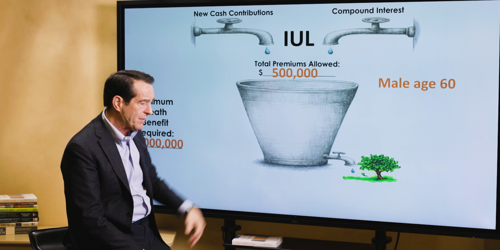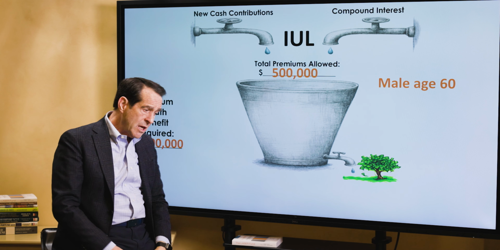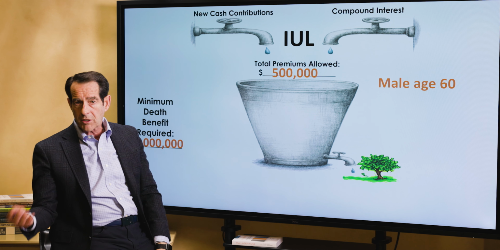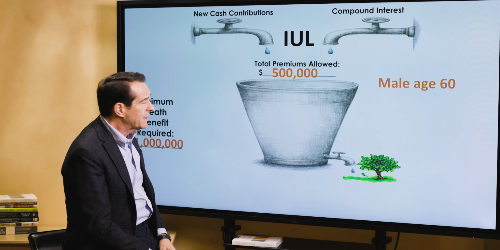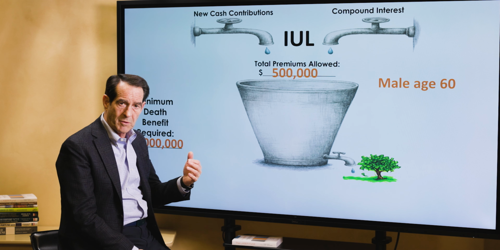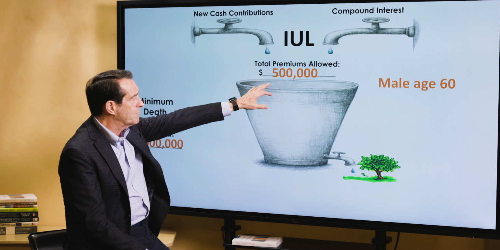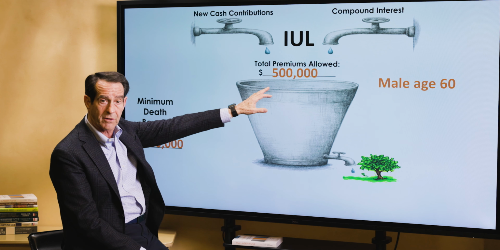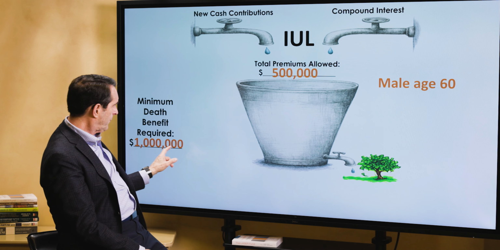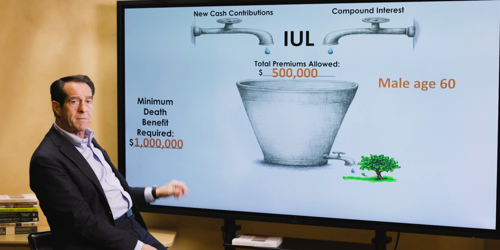$500,000 into this bucket. You could take 30 years to do it. You could start out with a big lump sum and then coast for 10 years. It's so flexible. That's why it's called universal life. But let's say you want to get the money in as quick as possible. And so the minimum amount of insurance, because you could buy a ton of life insurance for $500,000. That's not the objective. Tefra/DEFRA says if you're 60, you can get away with $1 million of life